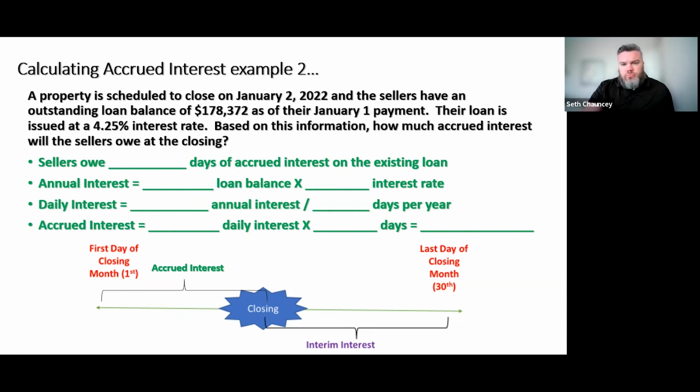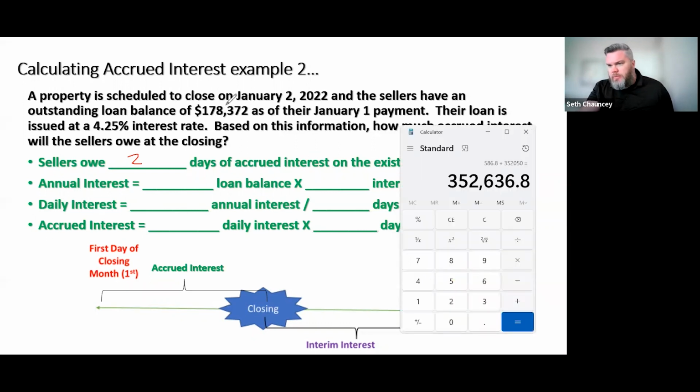Walk through this one. Seller owes 2 days, closing on January 2nd. And they have an outstanding balance of 178,372. So let me get my calculator up. So you take your loan balance of 178,372 and multiply by your interest rate of 4.25% to get annual interest of